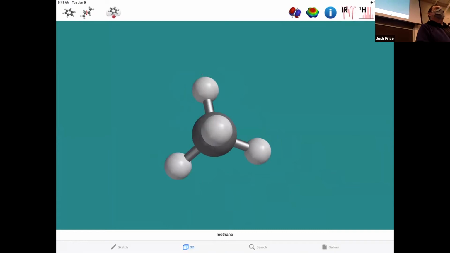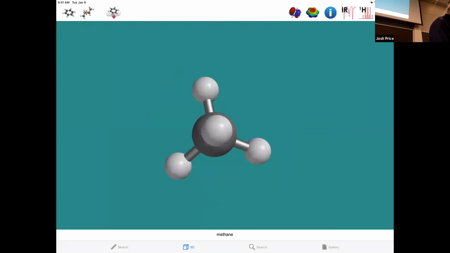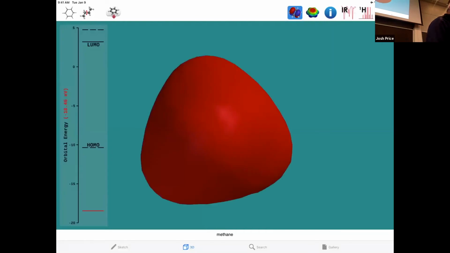But if I twist that image around 120 degrees, it's the same thing, right? Similarly, if I twist this orbital around 120 degrees, it's the same thing. That orbital is symmetric relative to the molecule. How about this orbital? Well,